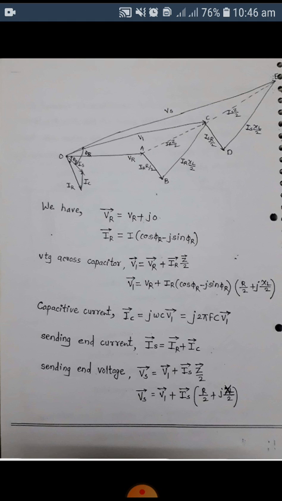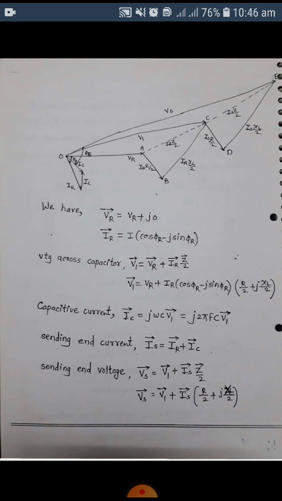Now to represent the current through the capacitor, IC bar equal to, simply we can write j into omega C into voltage across the capacitor phi1, where omega is equal to 2 pi f. Therefore, this IC bar equation becomes j 2 pi f C into phi1 bar. Now the total sending end current we can easily find out by taking the phasor summation of IR plus IC. That IR and IC, both the currents we already know from the above equations.